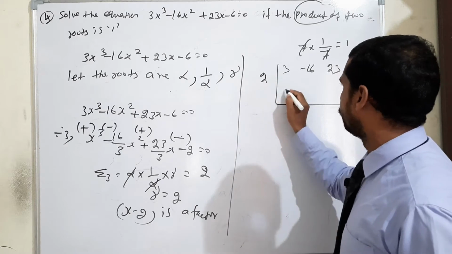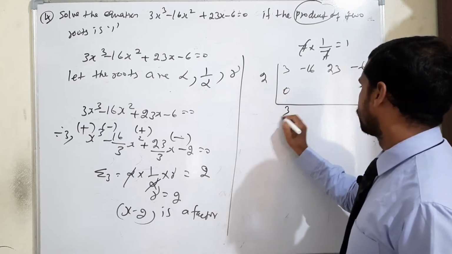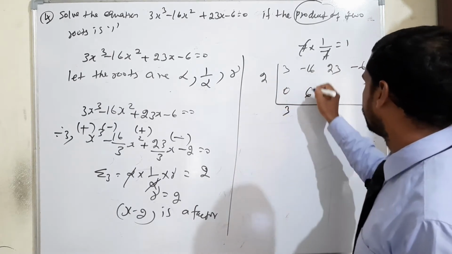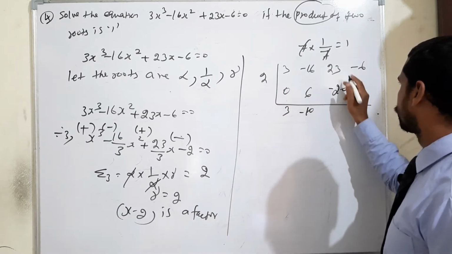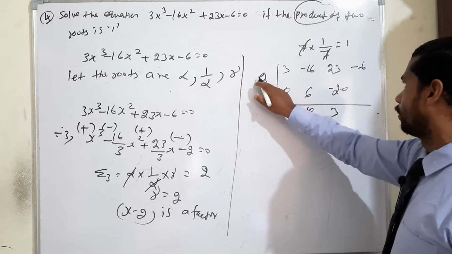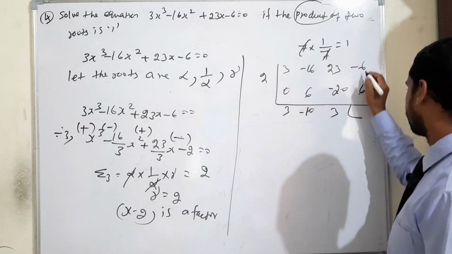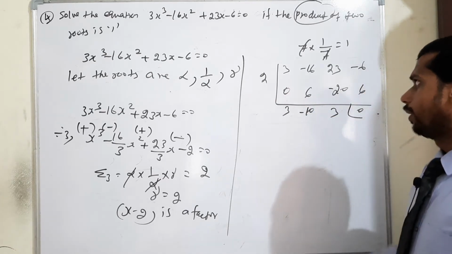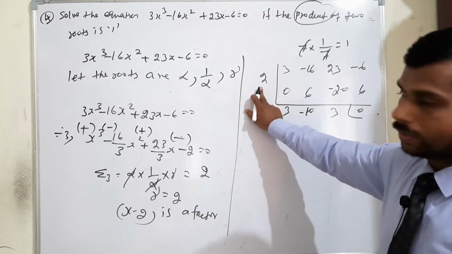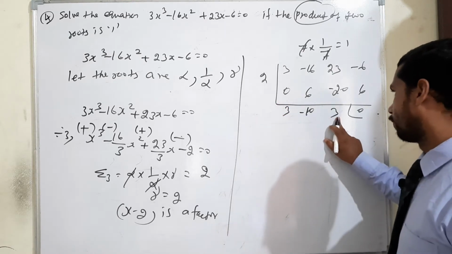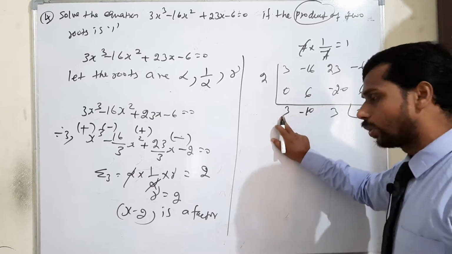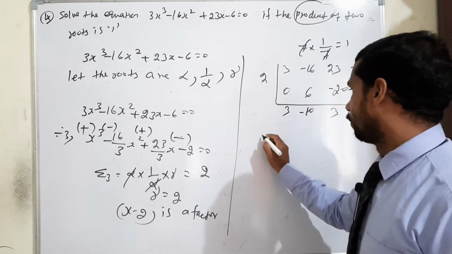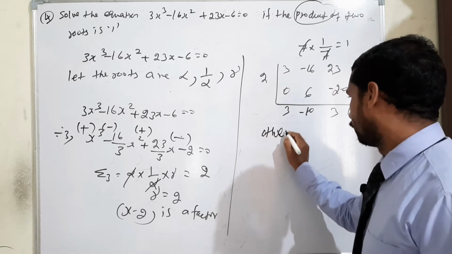Applying 2: 3 plus 0 is 3. 2 3s are 6. Minus 16 plus 6 is minus 10. Again 2 into minus 10 is minus 20. 23 minus 20 is positive 3. 2 3s are 6, therefore 6 minus 6 is equal to 0. So definitely x minus 2 is one of the factors. The remaining numbers are the constant, the coefficient of x, and the coefficient of x square. Therefore the other factor is